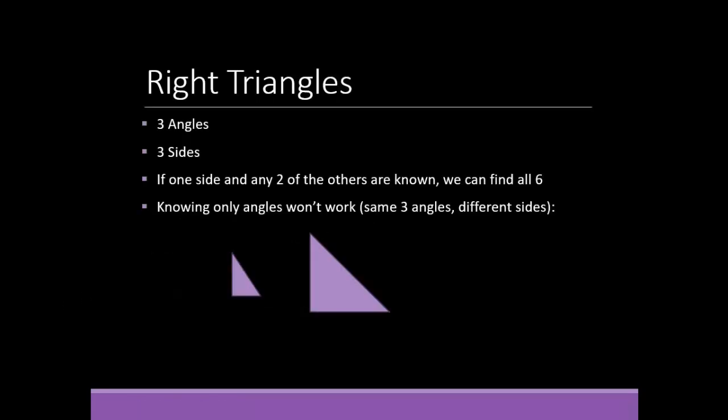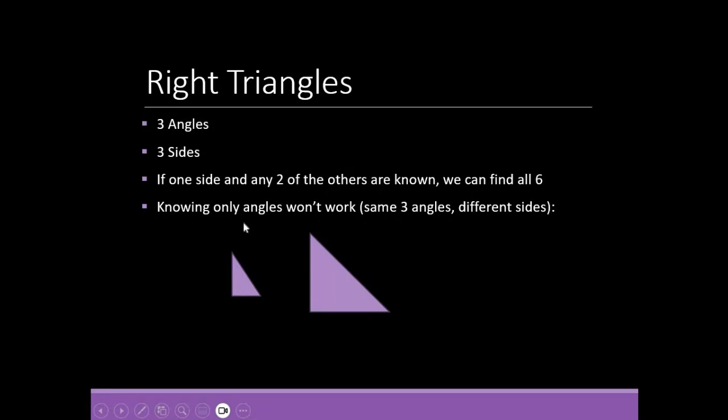So what we're talking about with the right triangle is solving for all 6 pieces of the right triangle. So that is the 3 angles and the 3 sides. So we're trying to identify the values of all 6 of those pieces. Whenever we're given different parts of that, we can derive the other parts of it using different tools. And if one side and any 2 of the other pieces of information are known, we can find all 6